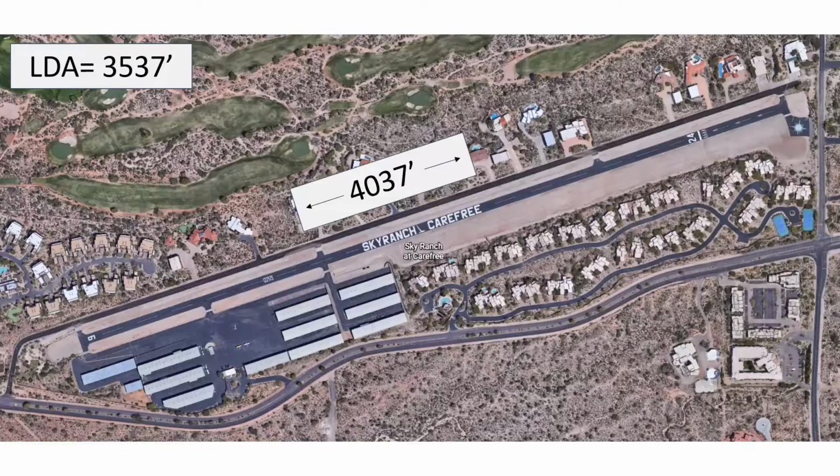What the runway safety area is designed to do is to say, hey, even if you're using a safety factor, there's going to be times when it's not going to be enough, particularly if you're using the less conservative 80% safety factor. So we don't want to have anything within 1,000 feet of the end of our runway that would present a real hazard to the airplane should we go off the end of the runway. Well, sure enough, on landing 2-4, only about 350 feet, 366 to be exact, past the end of the runway